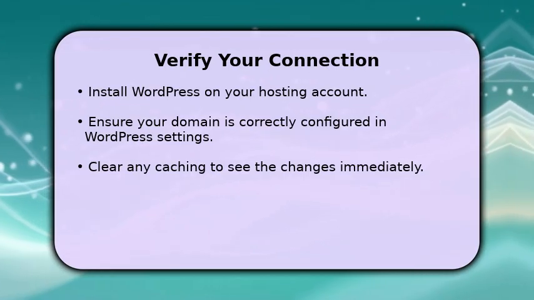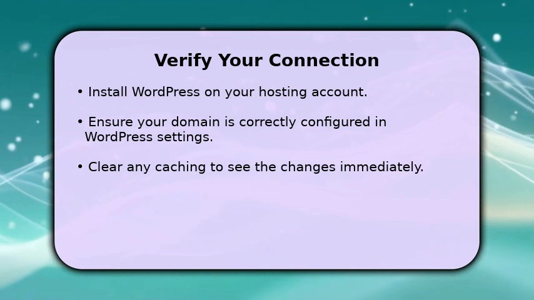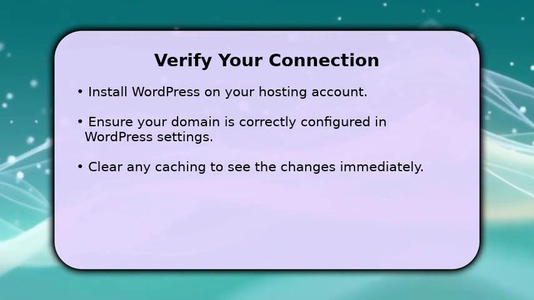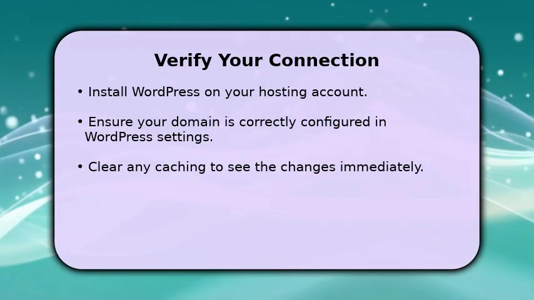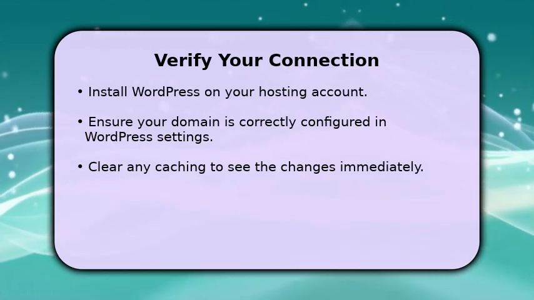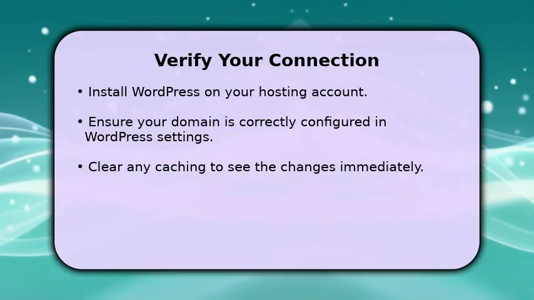After installation, double-check that your domain is correctly set within your WordPress general settings. If you've made recent changes, clear any website caching to ensure you see the most current version. Finally, open a web browser and type in your domain name to confirm your WordPress site is live and accessible